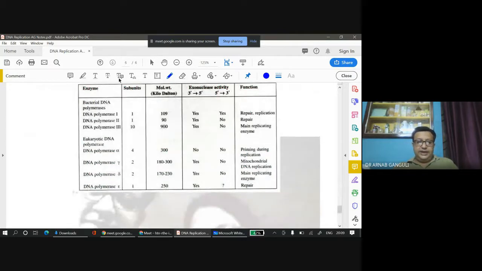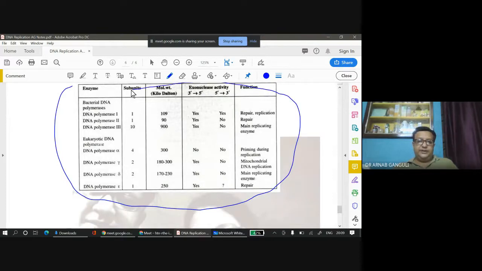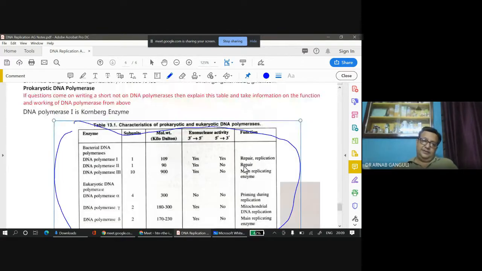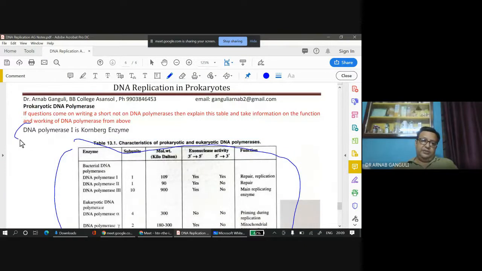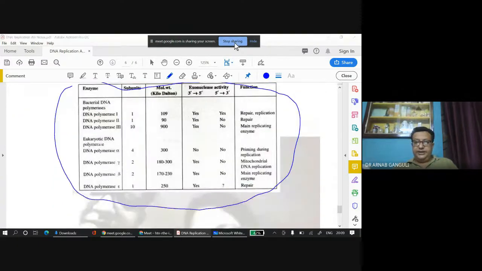These are actually what are the different units which are present and what is their function over there. And polymerase 1 is the Kronberg enzyme. এটা জেনে রাখো. So this ends actually আজকের ক্লাসটাকে আমি এন্ড করলাম।